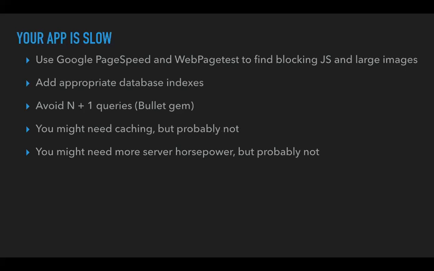So for example, you're loading a ton of Google fonts up front and you're not doing it asynchronously, so we've got to wait for all those Google fonts to load before your page renders. Or maybe you've got some super large hero image that you forgot to compress and it's actually 4 megs where it should be 40K. Using tools like this, where you just enter the URL and they give you a report back, are super helpful. But if it's outside of that, let's say your database is slow, you use something like Skylight and it tells you that DB requests are slow,